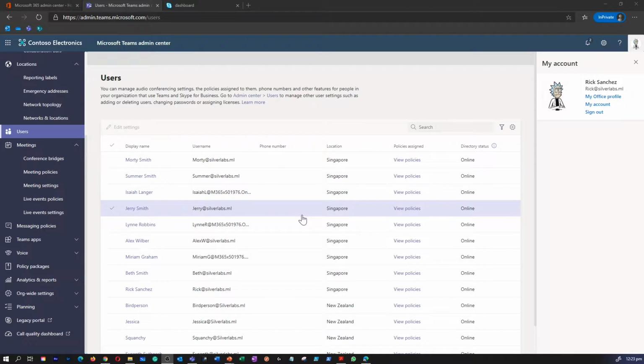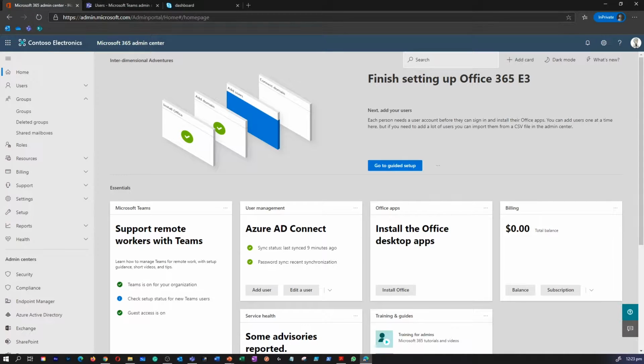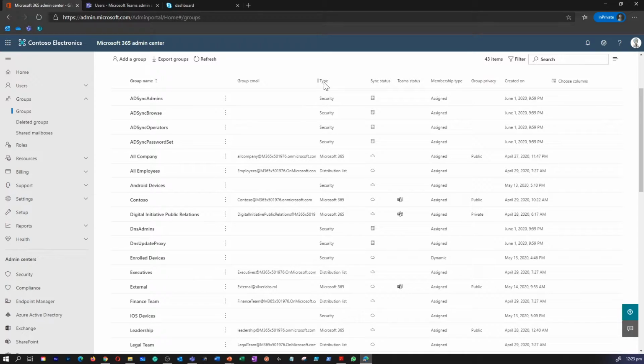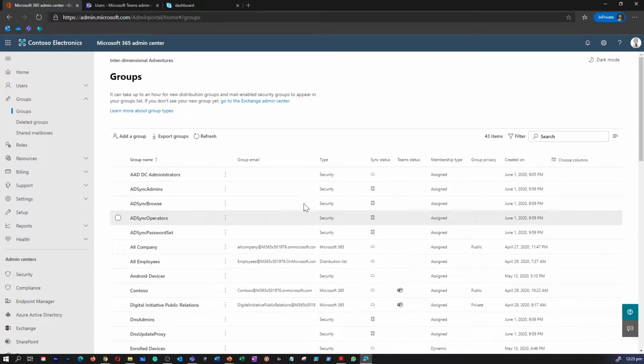So to create a Microsoft 365 group, we have to go to Microsoft 365 Admin Center. You can go to the portal called admin.microsoft365.com, and on the left hand side you can find users, groups, roles, resources, etc. So click on groups and you will be able to find all the available groups within your subscription. You can click on type to find out what types of groups are available, like security group, Microsoft 365 group, distribution list, etc. So to create a new group, click on add a group